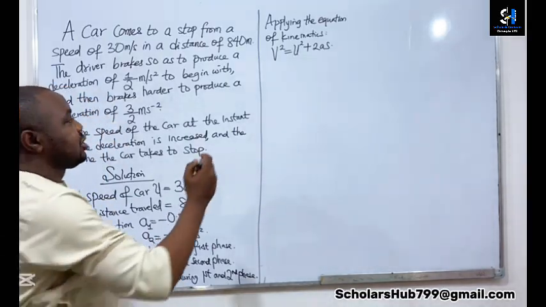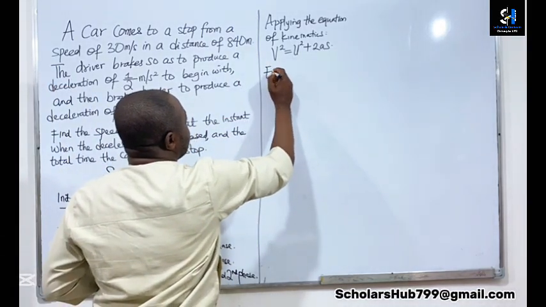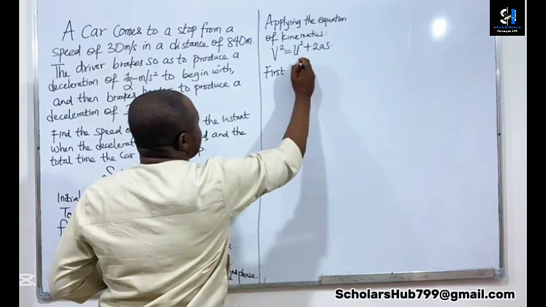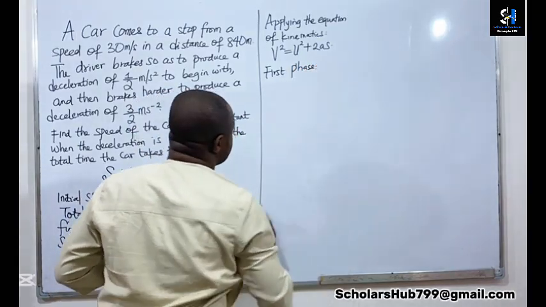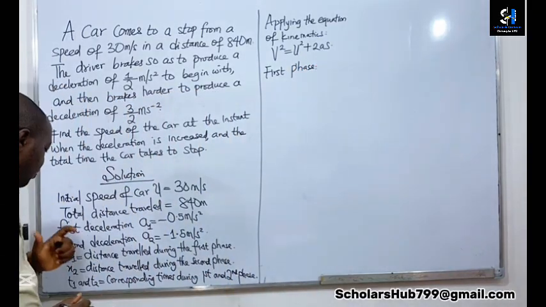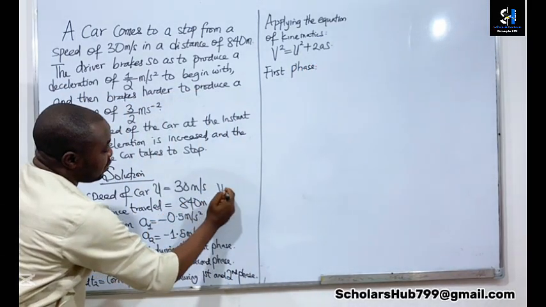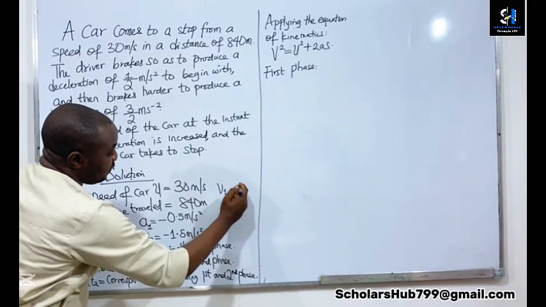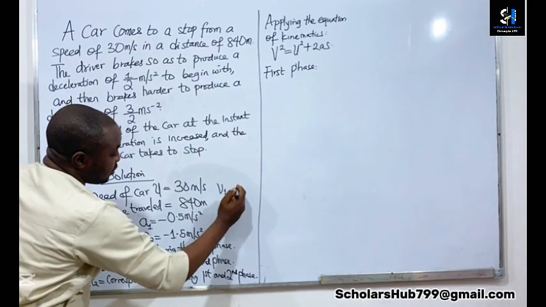So for the first phase, let's calculate that of the first phase. Remember, we're also going to have v1, that is the speed during the first phase,